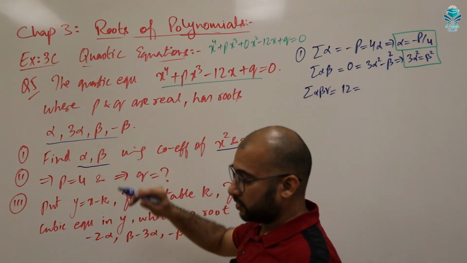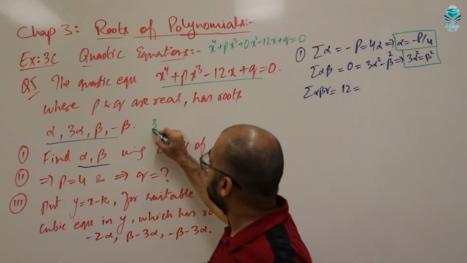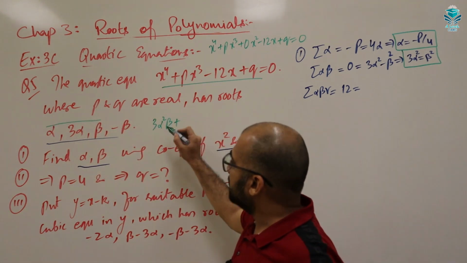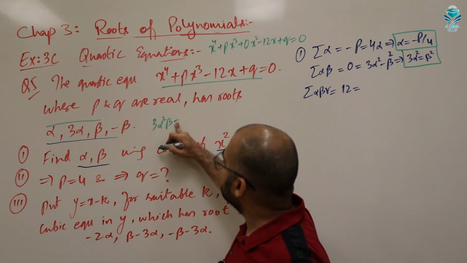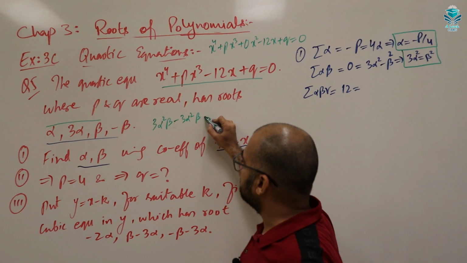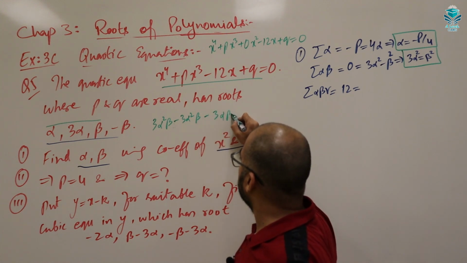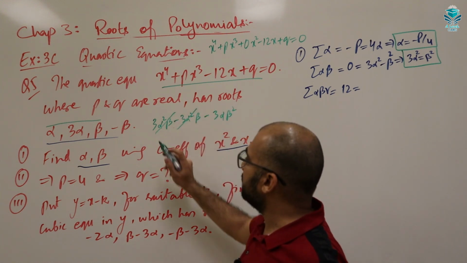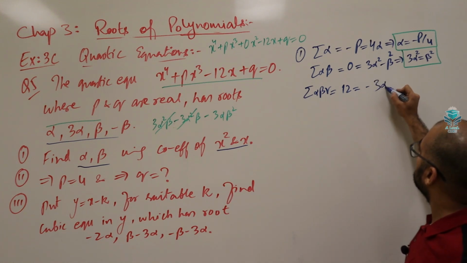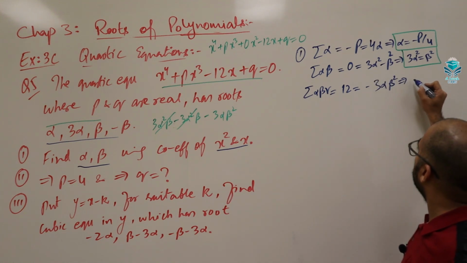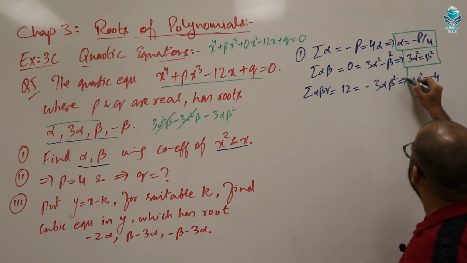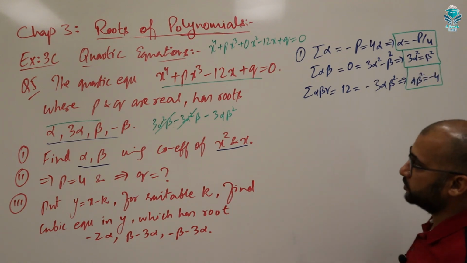Now by taking the coefficient of x, if I take the product of three roots at a time I will get 3 alpha square beta, the next will be minus 3 alpha square beta, and lastly minus 3 alpha beta square. These two will be balanced and we have minus 3 alpha beta square, which implies alpha beta square is minus something. So you have these three possibilities.